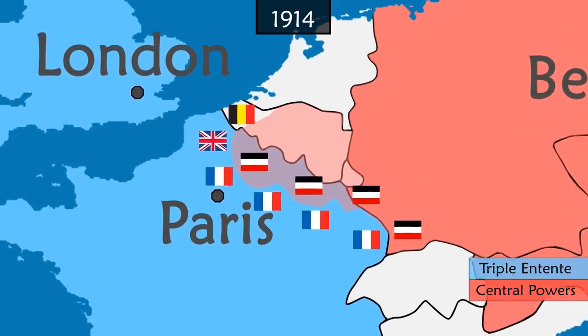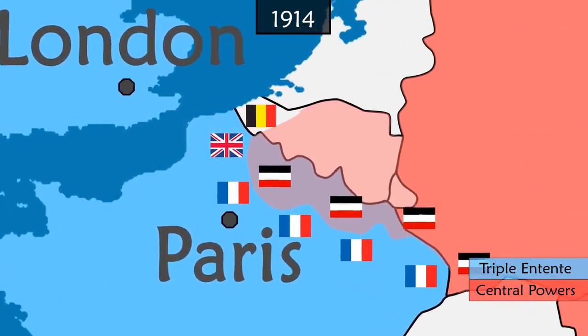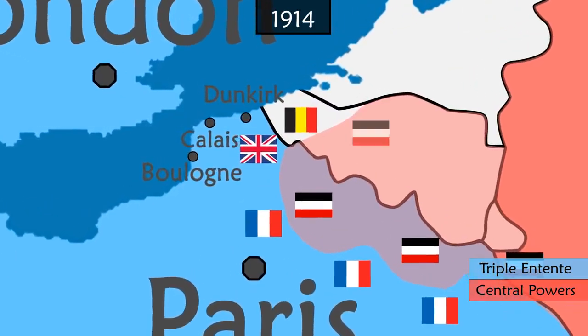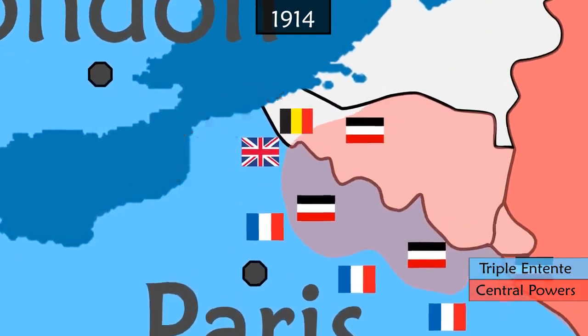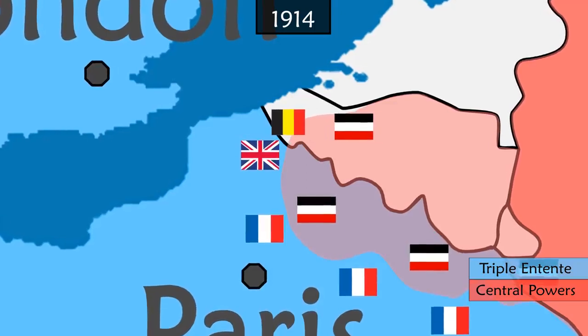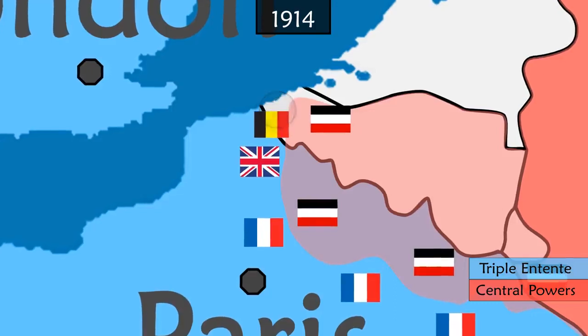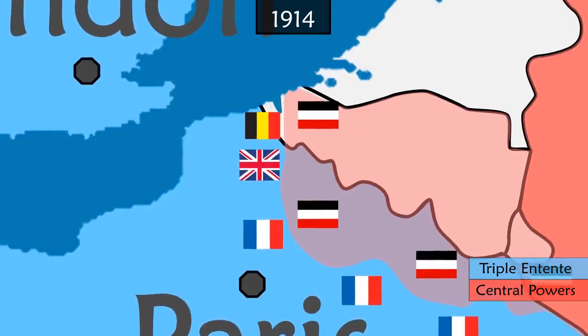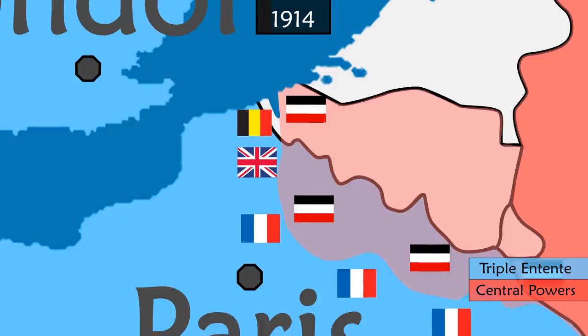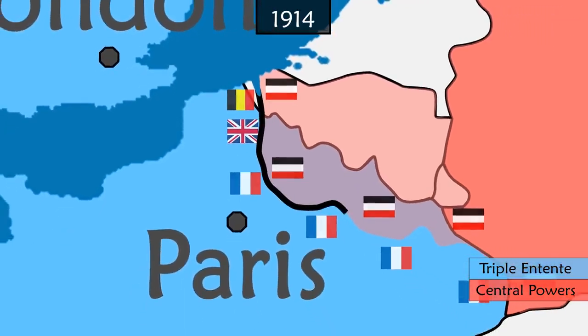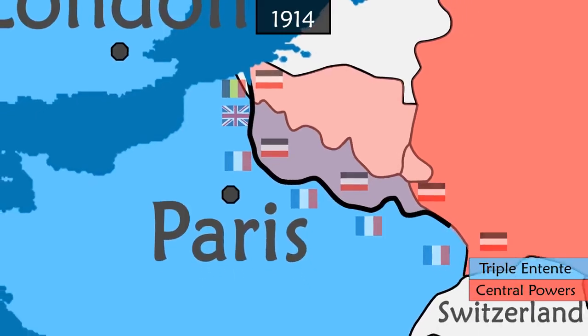The new German objective is to take over the strategic ports of Calais, Dunkirk and Boulogne to cut British supplies. The inferior Belgian army cannot resist the German advance. In the plain of Yser, the choice is then made to open lock gates to flood the polders. With the German army stopped in their tracks, the front line is etched out with the construction of 700 kilometers of trenches, stretching from the North Sea to Switzerland.